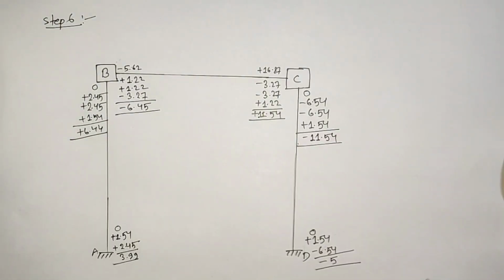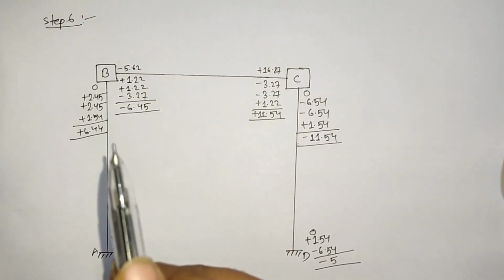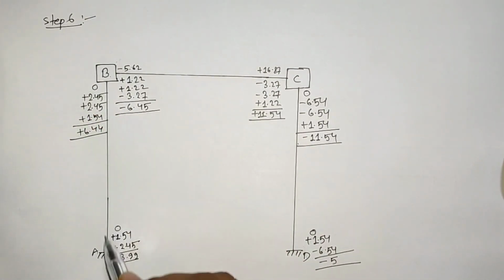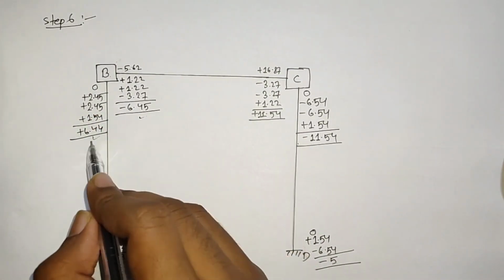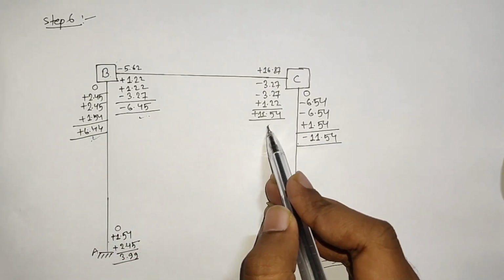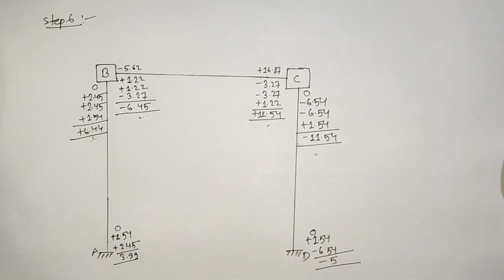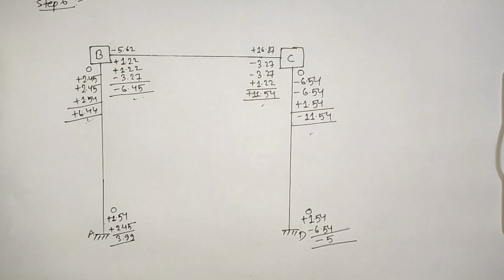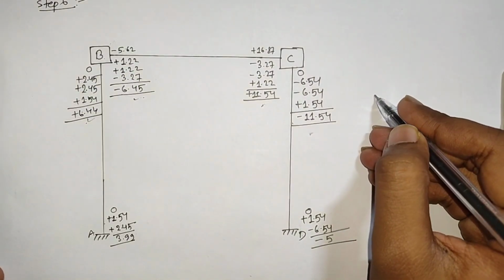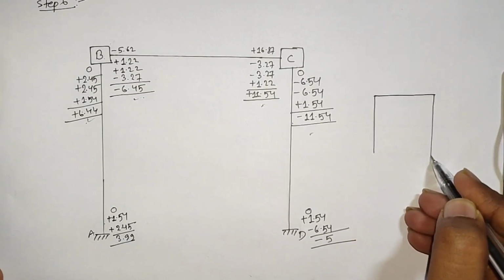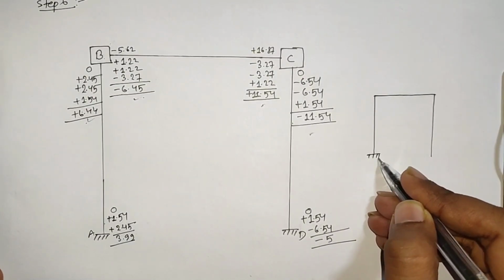So guys, on adding these we will get the final answer, and always remember that the values of span BC and CB will be similar. These two values are equal, but opposite in sign. So here also you can see our numerical is correct. And you can add one more step, step 7, like this. I am showing it to you roughly, or you can separately draw a frame as step 7.